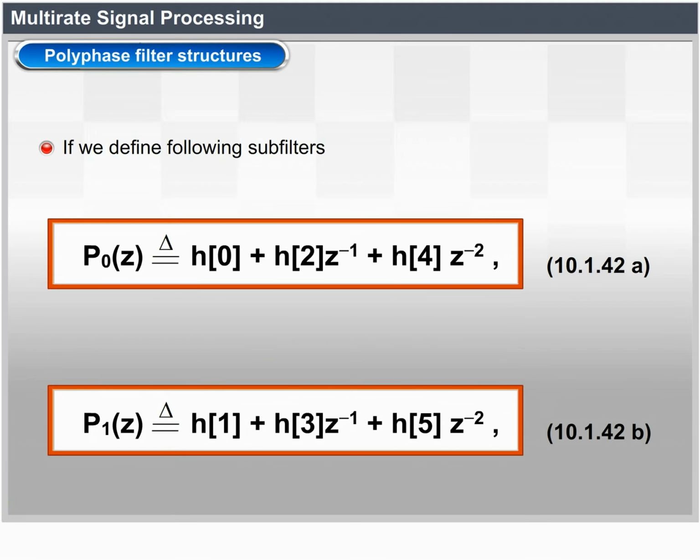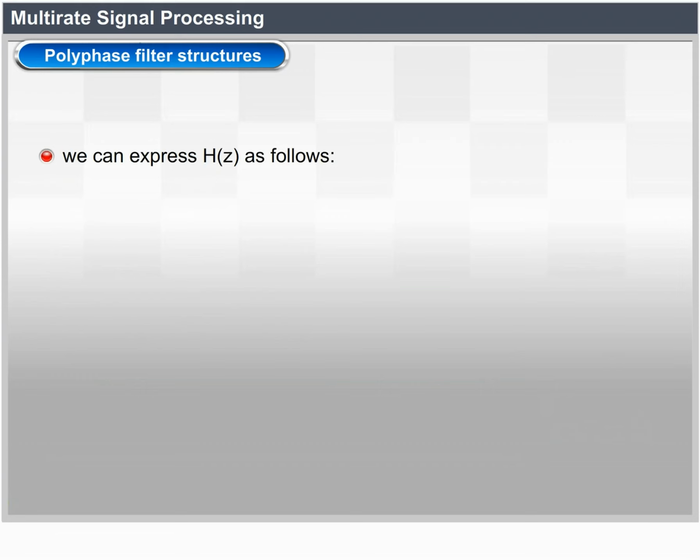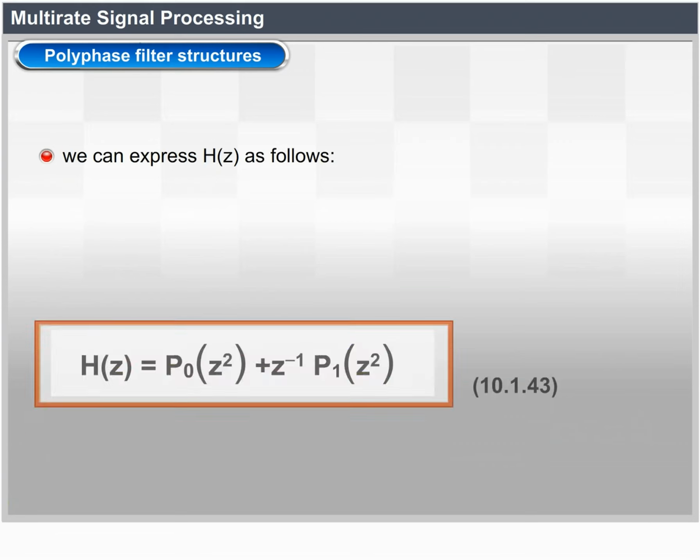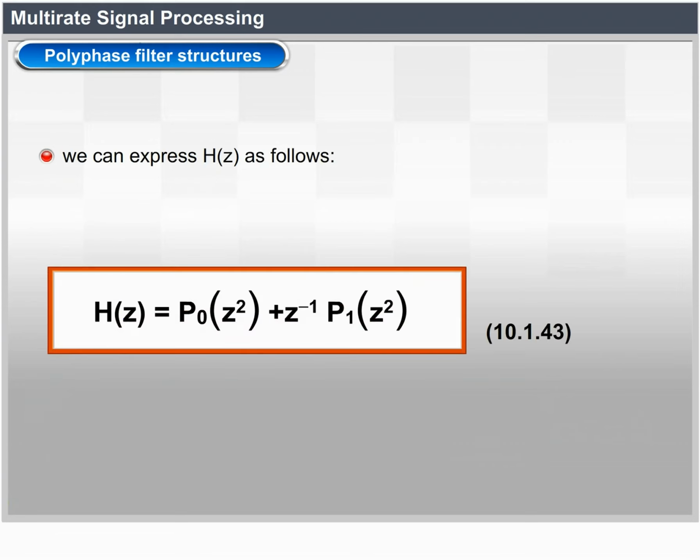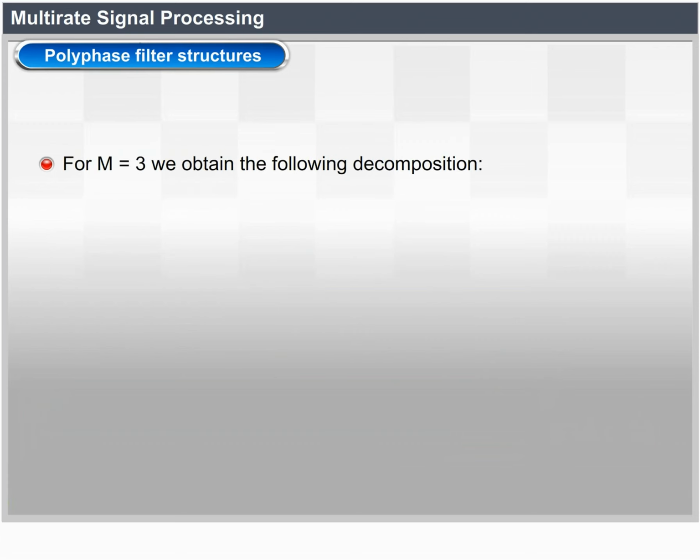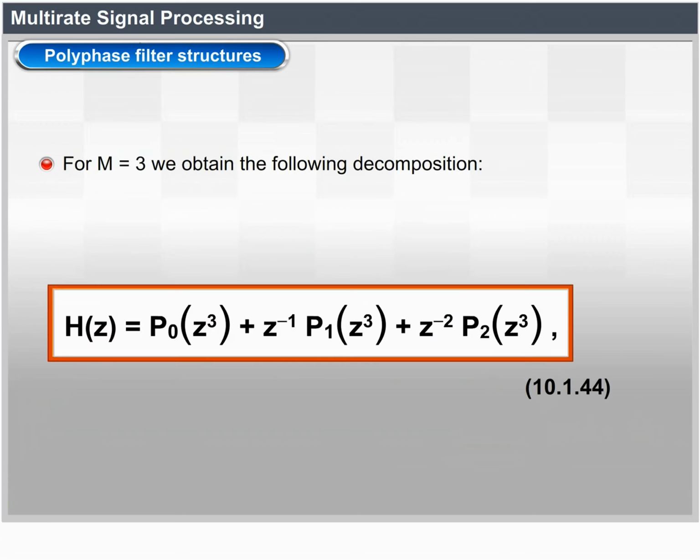H(z) = P0(z^2) + z^-1 P1(z^2), called equation 10.1.43. For M = 3, we obtain the following decomposition. H(z) = P0(z^3) + z^-1 P1(z^3) + z^-2 P2(z^3), called equation 10.1.44, where the polyphase components are given by